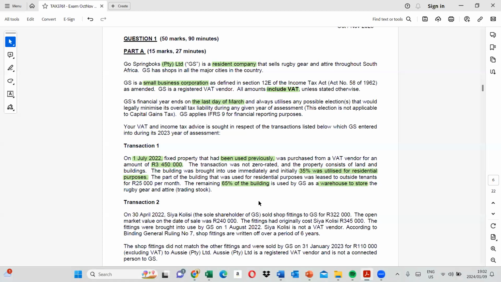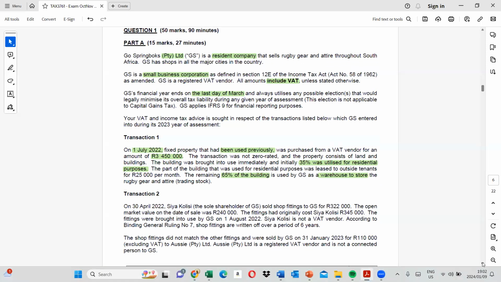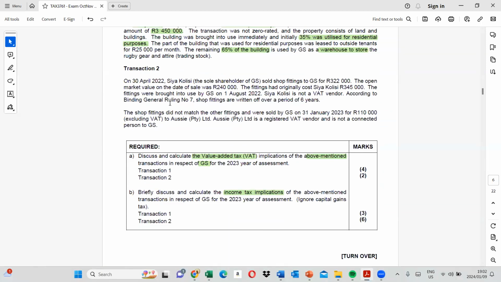And then let's move on to the next part, which is transaction 2. On 30 April 22, Ciacolis, the sole shareholder of GS, sold shop fittings to GS for 322,000. So what is going on? The sole shareholder, all right? So sold shop fittings to GS. Now, in terms of VAT,